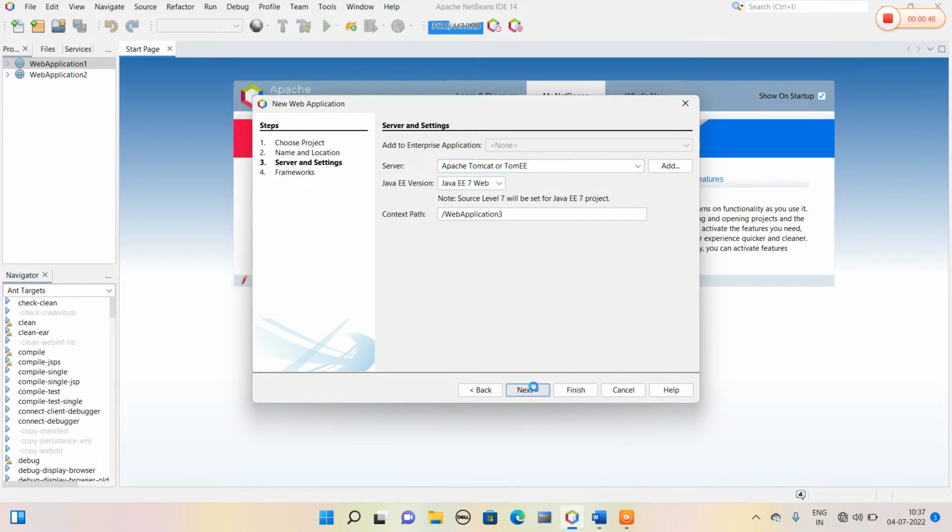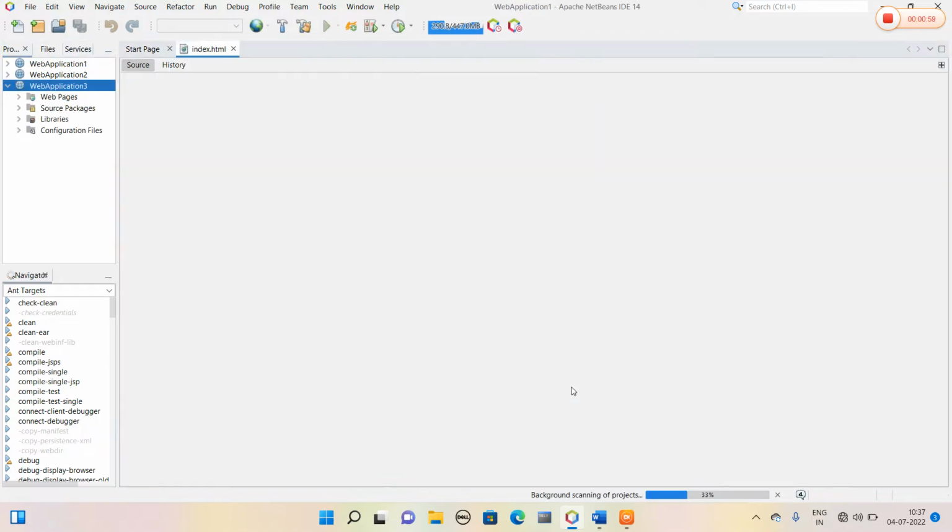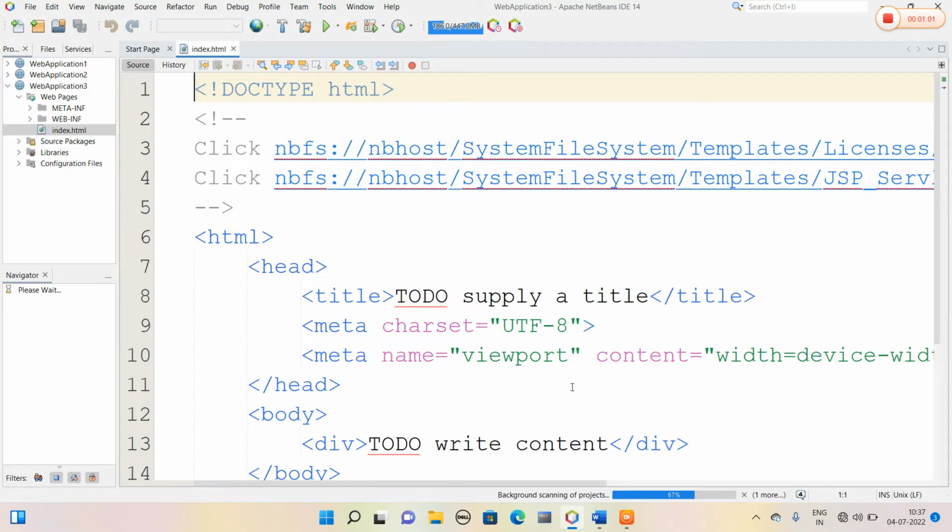By clicking next, it will ask about Spring Web programs, JavaServer Faces, or Struts related packages. So I am simply going to select the option finish. After clicking finish, a web application will be created, by default opening an index.html page. If you are going to work on a servlet page, we are going to right click on